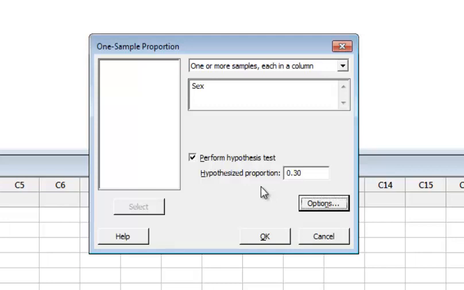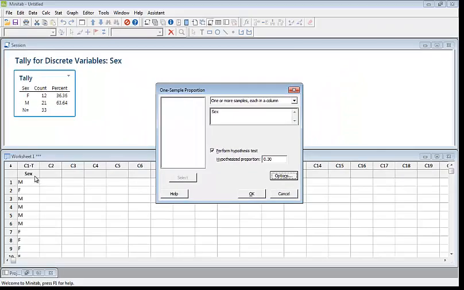By now, notice that we haven't defined our success category yet. So Minitab will take it by default, but remember one thing: if the column is numeric, which is not the case here, our data column is a text column. In some cases it may be a numeric column, like if you have coded your variables female as 1 and male as 2, then it will be numeric.